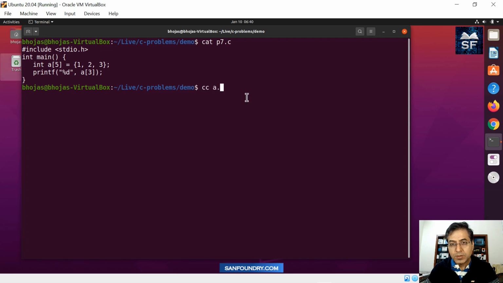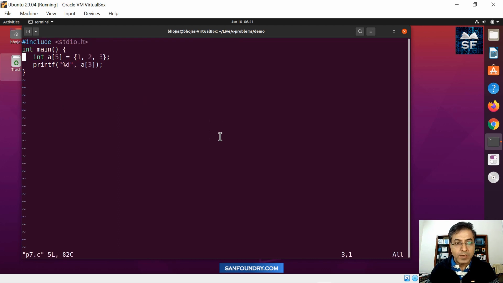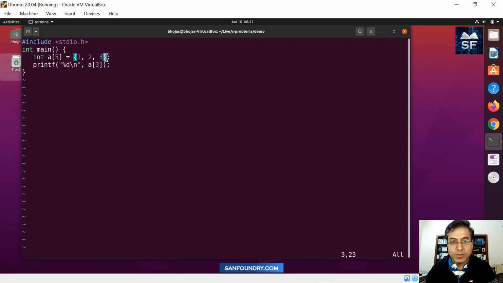When you compile this code, compilation is successful. We will run the code, and when we run it, we got the value 0. You can see on the left hand side, it's a 0. Any guesswork or any idea why it is 0? It is 0 because we have done an initialization with braces, even though we have not explicitly initialized the other array index values.